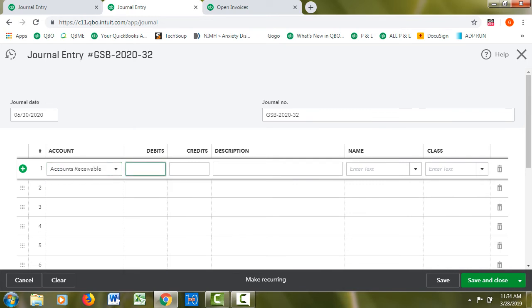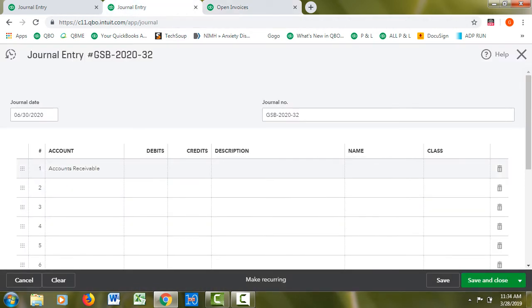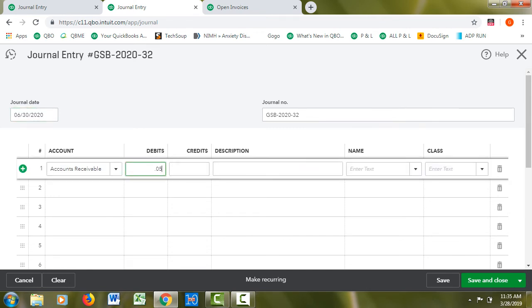Now what you could do, by the way, is instead of doing a journal entry, you could go to the invoice that originally was for this and increase it by 5 cents. But I wouldn't do that because, again, that's going to change your books in a prior year. Instead, let's do a journal entry in the current year. We want to make receivables go up by 5 cents